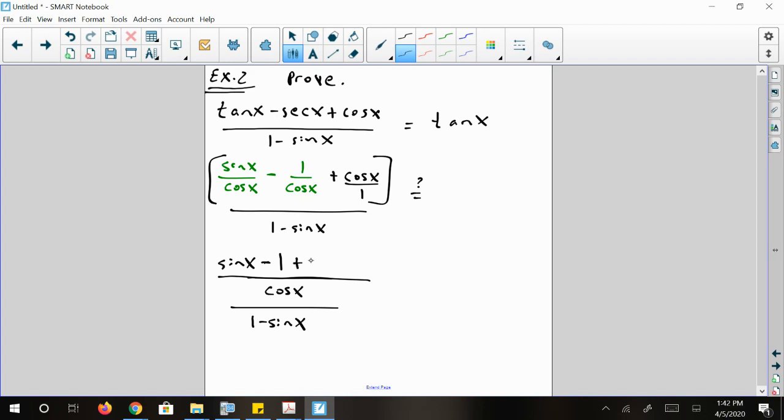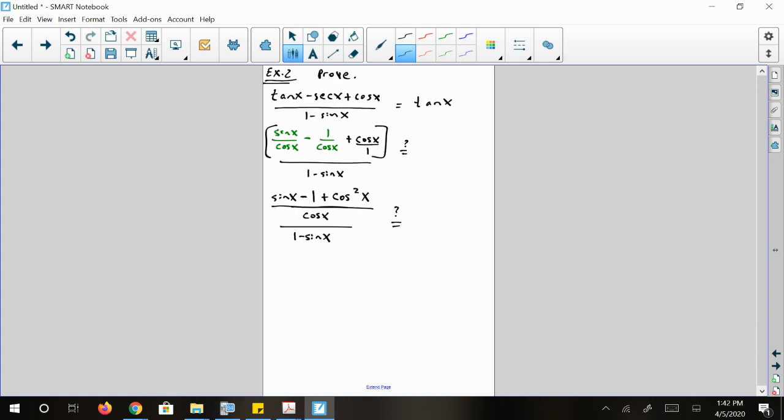So what this is now going to become is plus cosine squared of x, because I have to multiply cosine times cosine. Okay? All right. From here, this is where this problem starts to get a little bit tricky. You might need to play around with some different things, but as I'm looking at this problem, what I'm